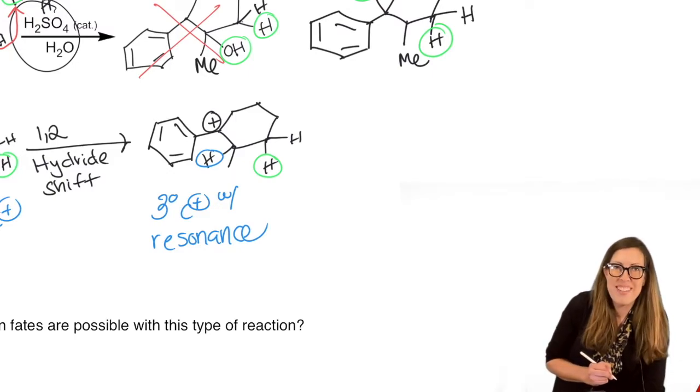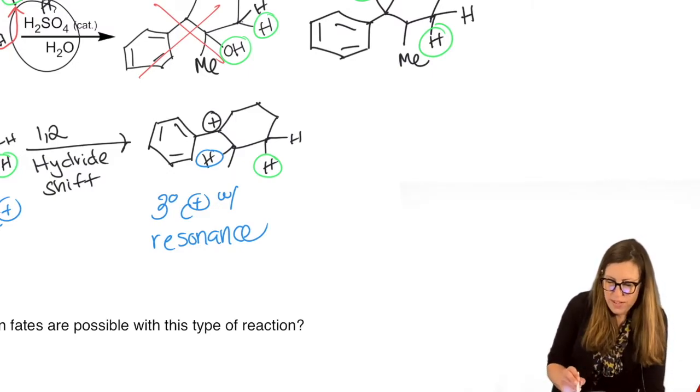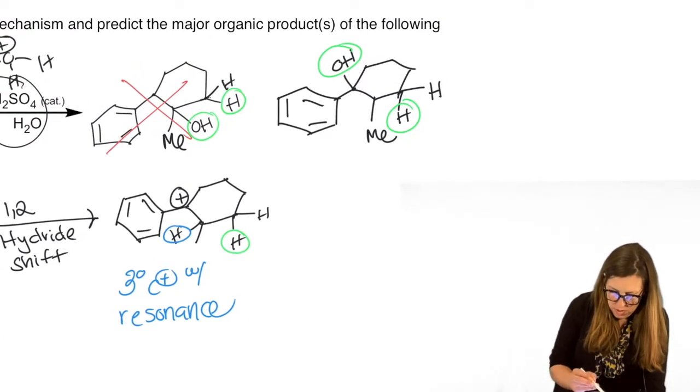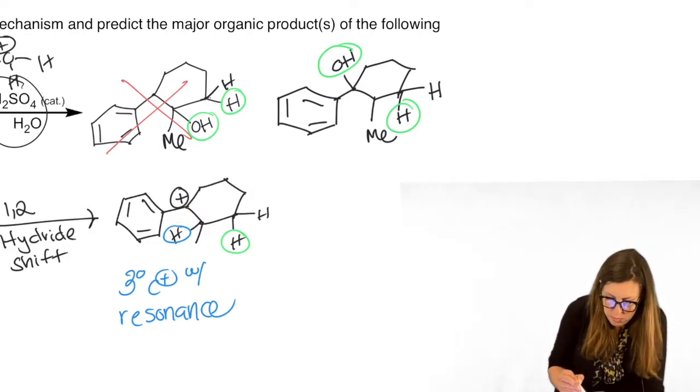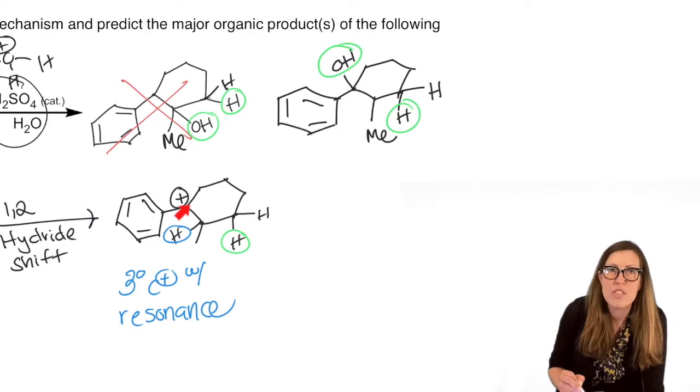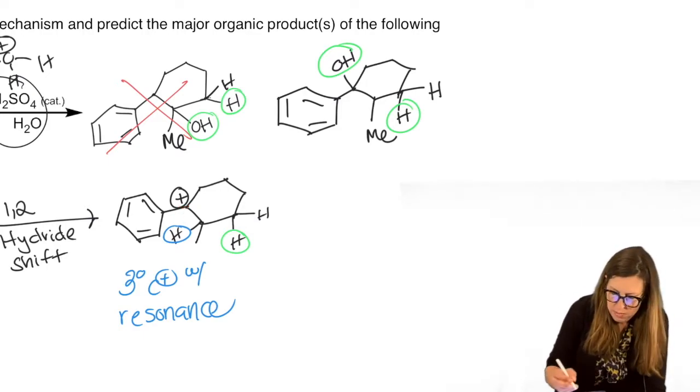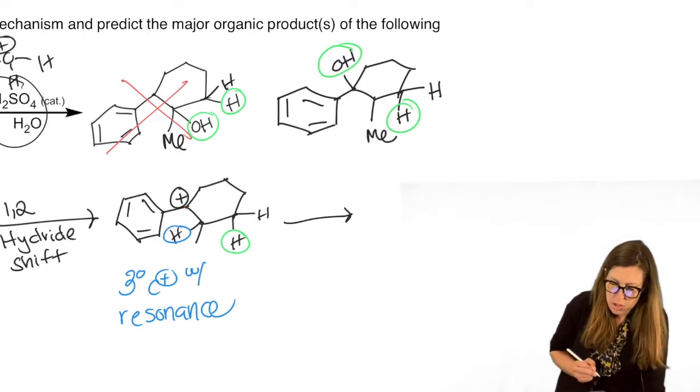We may proceed. Not only that, when you are faced with a mechanism problem in which you are trying to prove the formation of one product over another, like this one, we know what the answer is. We know the OH is going to go there. So we can only have it go there if it got to be attacked there. It can only attack there if there's a carbocation there. So that's what we facilitated with that maneuver.